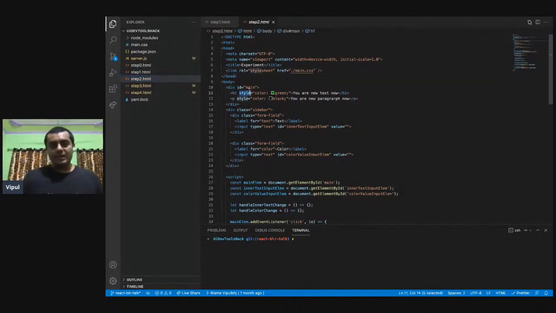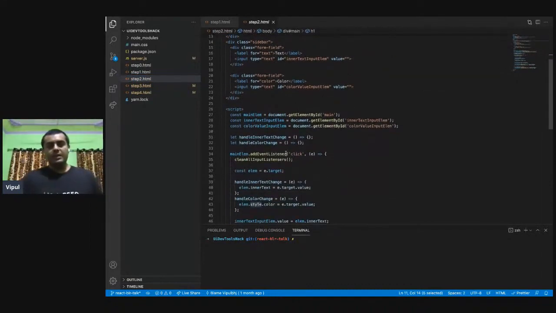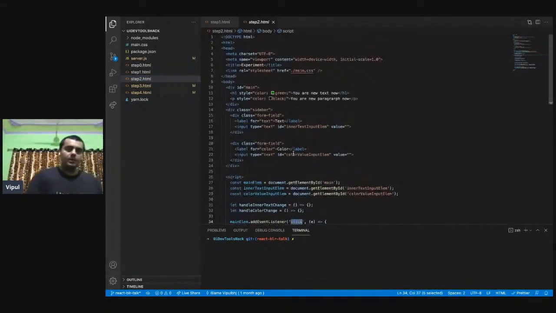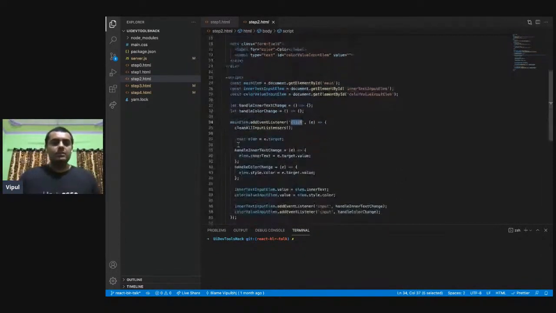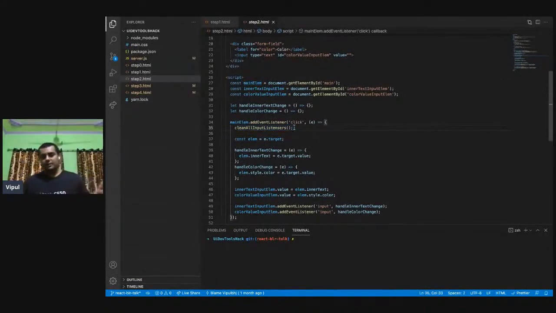So I gave my container an ID, and I bound my click listener on the main container, right? So all the elements that are inside my main container, whenever they get clicked on, a single event fires. So that's associated on my main element. Good. Now we'll talk about why it's needed, but just forget this mentally for a bit. Then to find the appropriate element, we go to the event object and we get the target element.